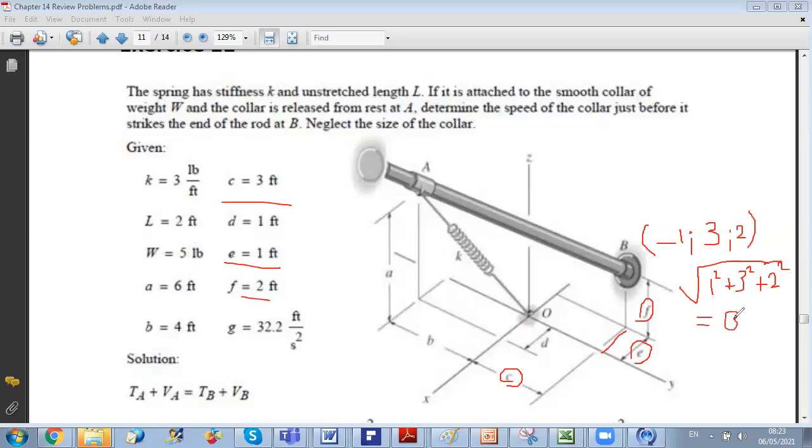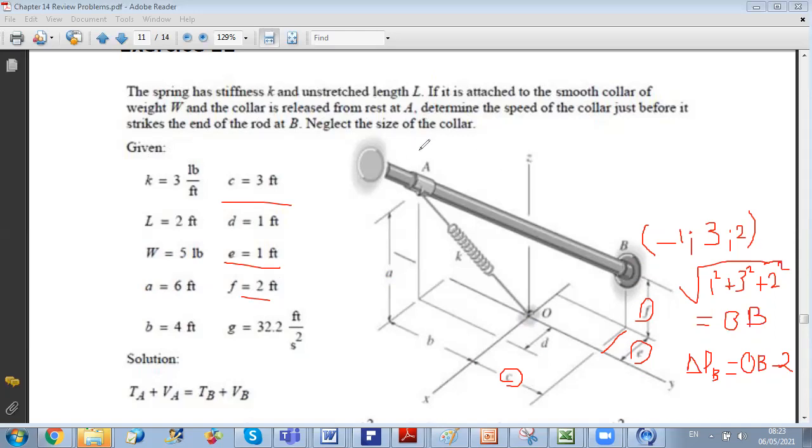And then we can say that delta L at B is equal to OB minus L0, which is 2. Okay? And now we have calculated both the work of the spring and the work of the weight. Now we can replace in the work and energy theorem to find the velocity of the collar when we reach